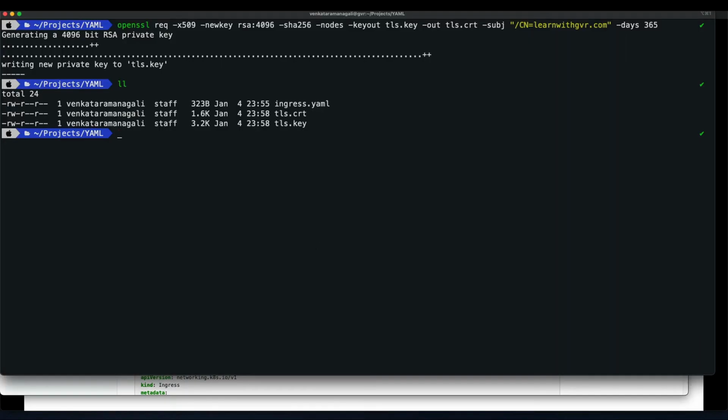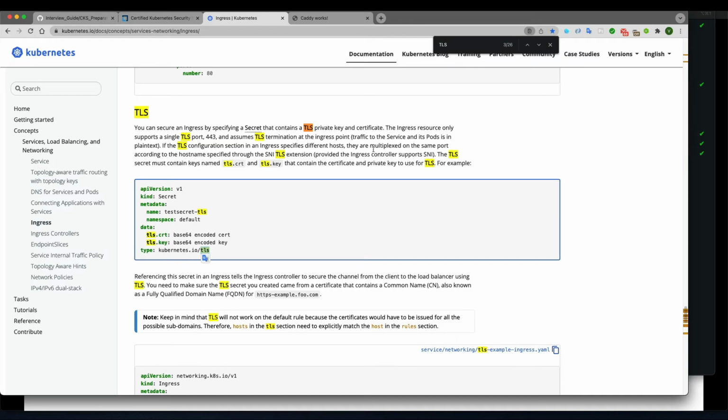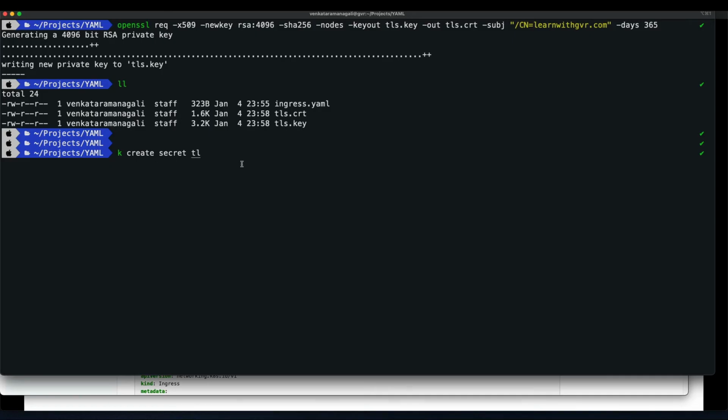How do I create that? So kubectl create secret, and the secret type must be TLS. If you look here, as per the documentation, the type should be kubernetes.io/tls. There are different types of secrets, generic secret, TLS, and various others, so you can refer to the documentation, but here TLS is the type, and this must be given.